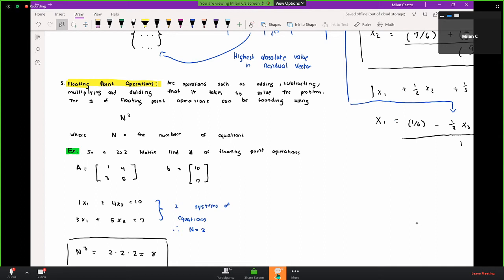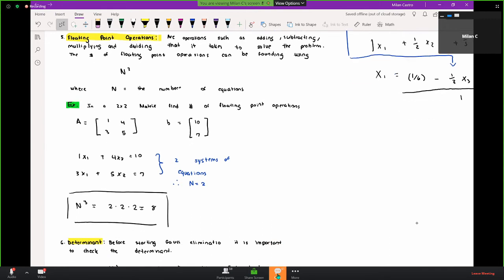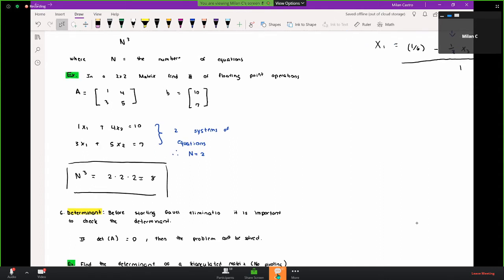So in a 2x2 matrix, we know that there are two equations, and I wrote them out here for you in their expanded form. So we have 1x1 plus 4x2 equals 10, and 3x1 plus 5x2 equals 7. Since we have two equations, our n is going to equal 2. So you just do 2 cubed and you get 8. So if we had a 3x3 matrix,